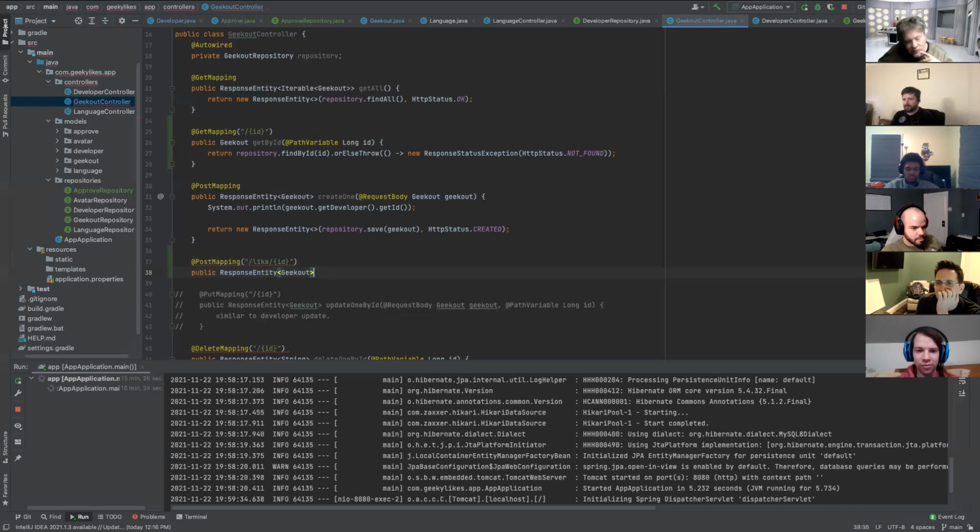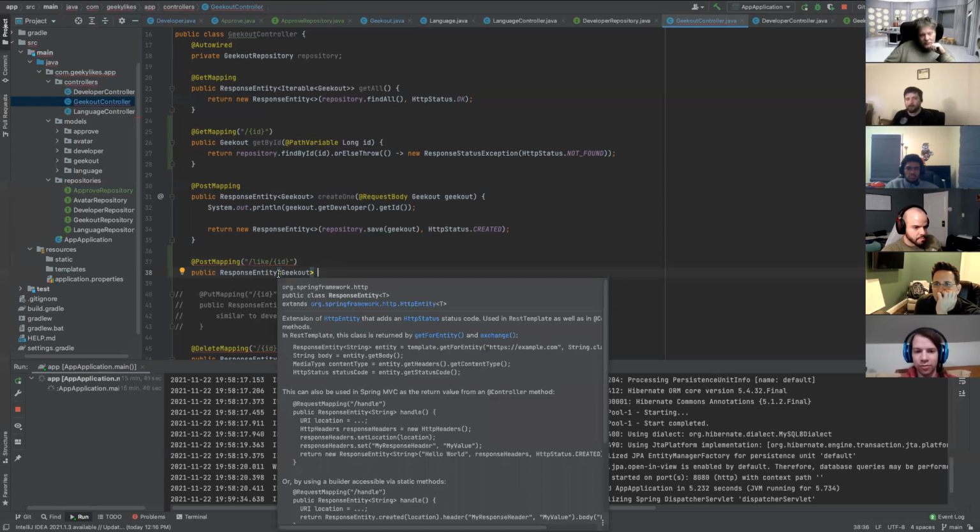And it's not just because of the 404, it's the 201. The 404, we know we can handle with the response status exception or else throw process. So we can do this process in order to kick back the not found, but we do need the response entity still for the 201 created, that we successfully created